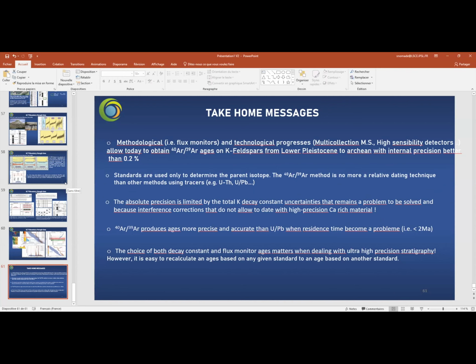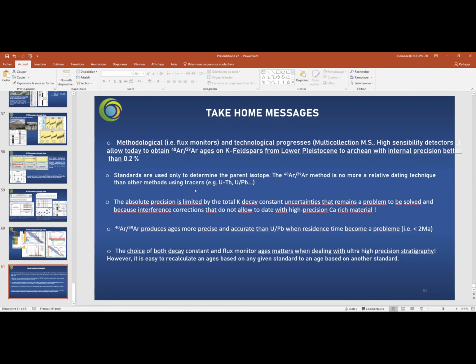There was one slide where you very correctly mentioned the main problem of uranium-lead dating, that we have the problem of residence. So we have to focus and concentrate on the youngest zircons. But in this same diagram, we also showed that the single grain total fusion sanidine ages also have a spread. They have a spread, yes. Comment on this?